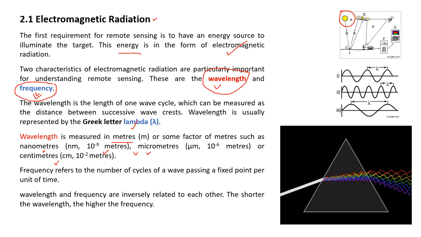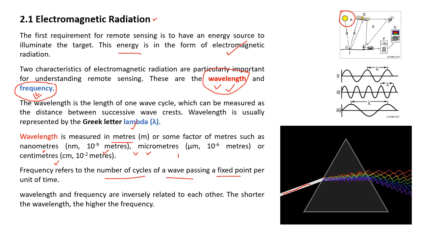There are 6 bands. Band number 1 is from this micrometer to this micrometer. And the frequency is the number of cycles of a wave passing through a fixed point. You can think of it, but again, I'm saying focus on the wavelength here. Okay, so as you can see here,